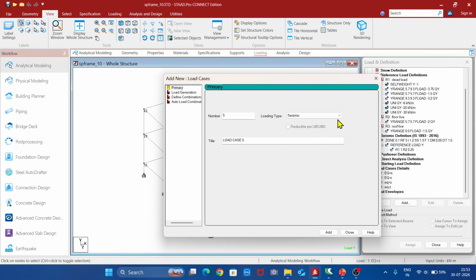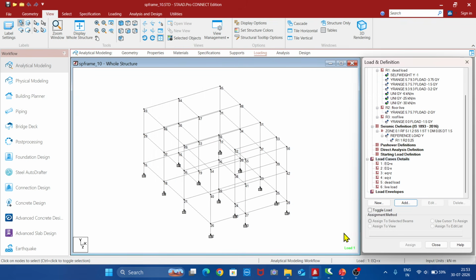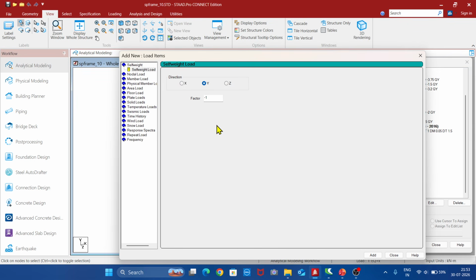Then fifth category will be simply dead load. So let it be dead load, add. And sixth category will be live load, add as live load. Click add, click close. So click earthquake plus, click add, type the factor as, choose the